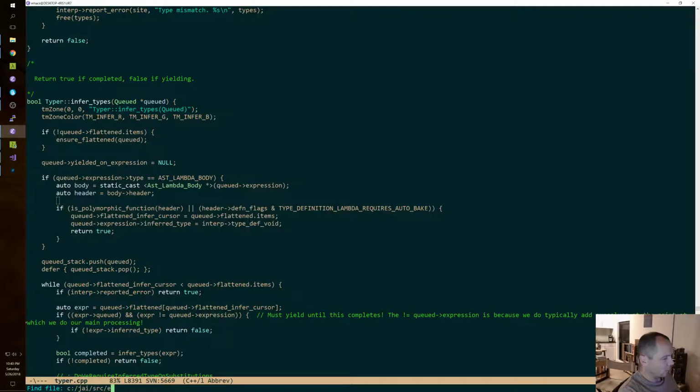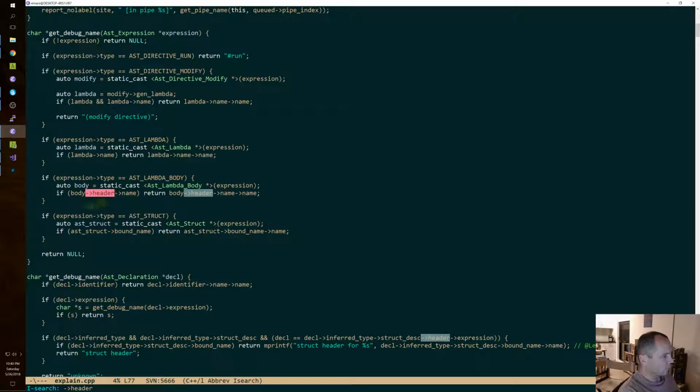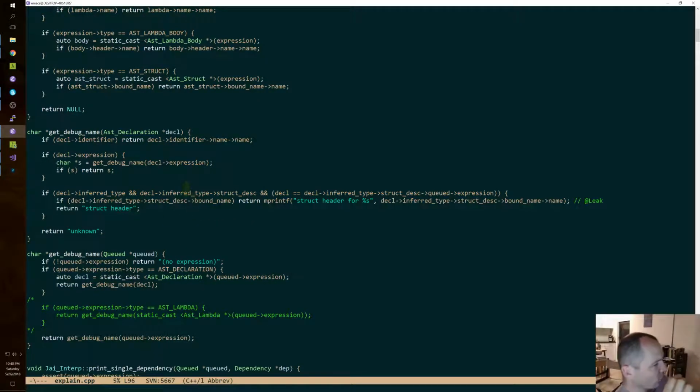Oh, explain. Wait, what? This is not how this works anymore. Right? This is assuming that there would be a declaration as the expression, but that is simply not how it works.